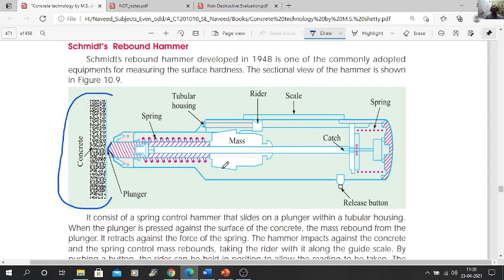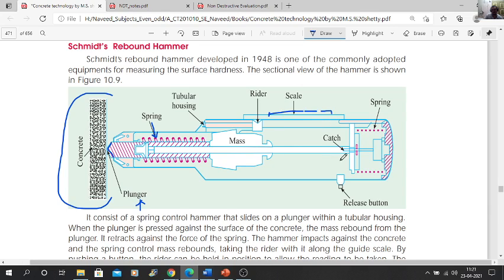Okay, so this is the plunger. It is hammering the concrete surface. These are the springs available inside, and the tubular housing, rider. There is a graduated scale over the hammer, and again the spring over the top and the clutch, and this is a release button.